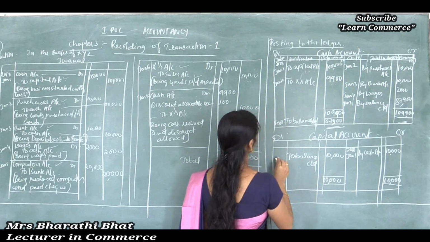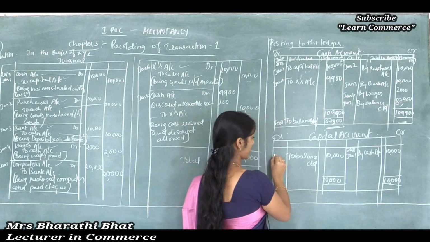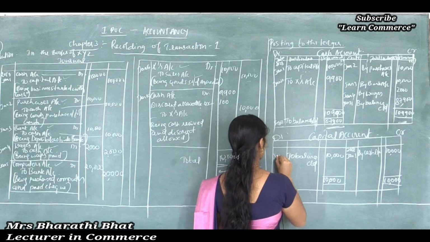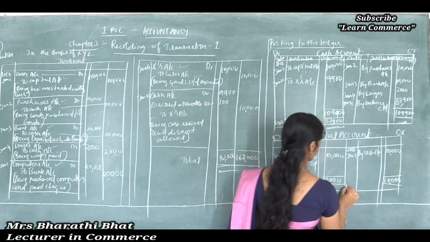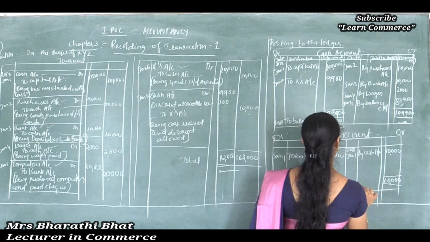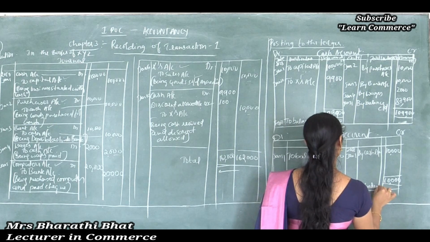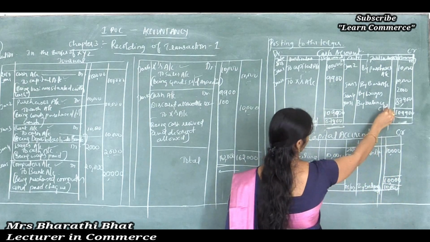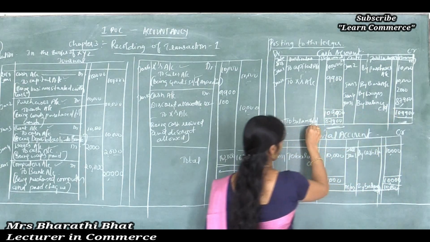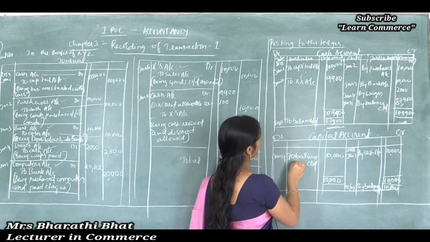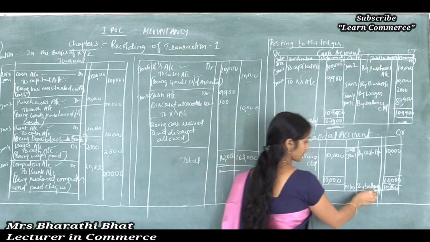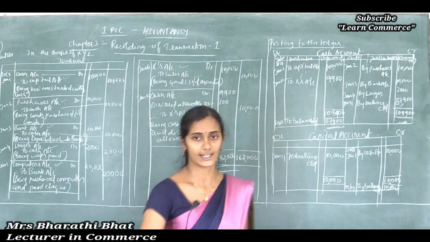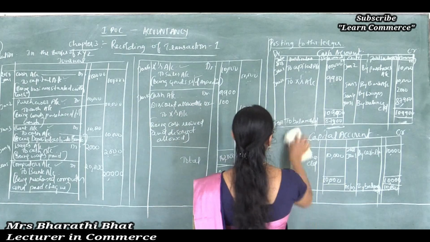To balance carried down, mention the amount and date, at the end of the month, carried down. So January 31st, and on the first date, 1st February, by balance brought down 10,000. If the amount is carried down here, then it is brought down here. Here in the debit side you record carried down, then we should write brought down on the opposite side of that. Clear? Move to the next one.